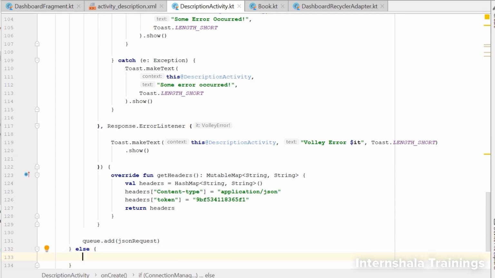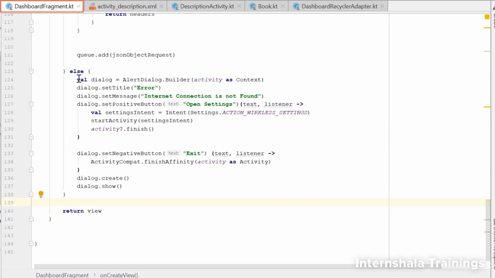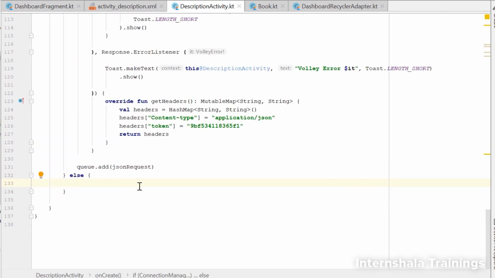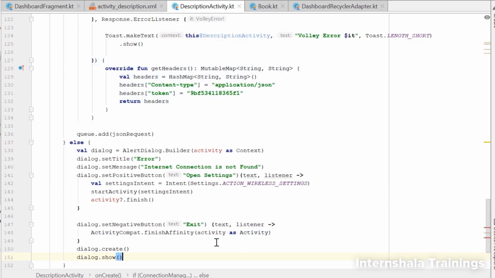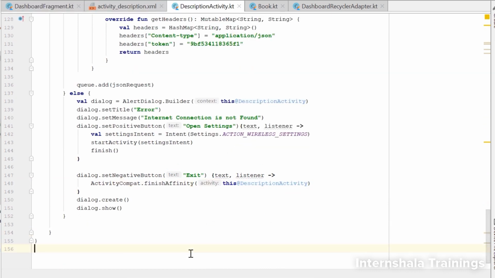That is, if there is no internet connection, we need to display the alert dialog box to the user. So we can go to the dashboard fragment.kt file and copy this code from here. Then we will paste it inside the else block. Now, for the context, we will change it to this @description activity, remove activity from here and also change the context here. So, we have handled this case and this brings us to the end of this topic.